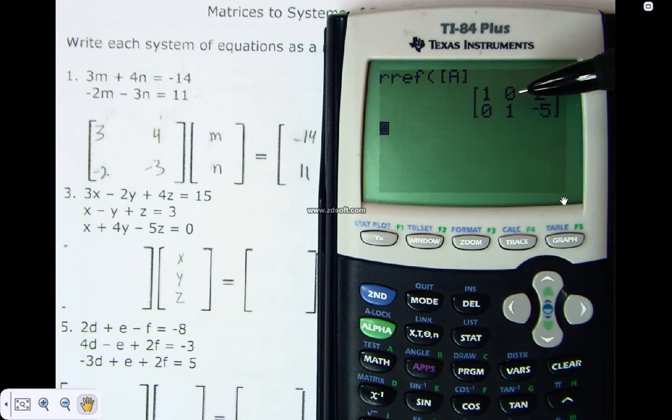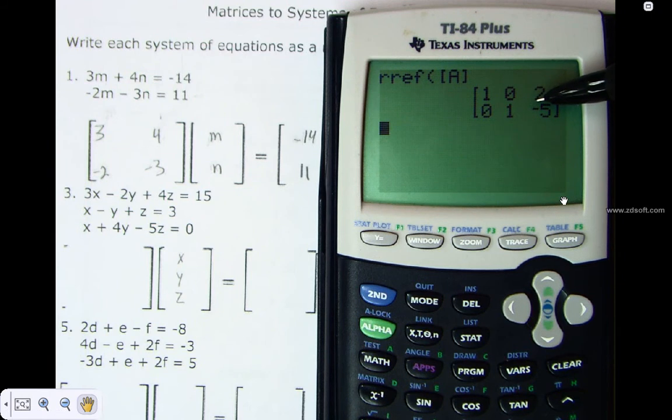So you see this 1, 0, and 0, 1? As long as you have 1s going across that main diagonal, that's exactly what you're looking for. 1s going across the main diagonal and everything else as 0s. Okay? So that's exactly what you're looking for. If you have something else,